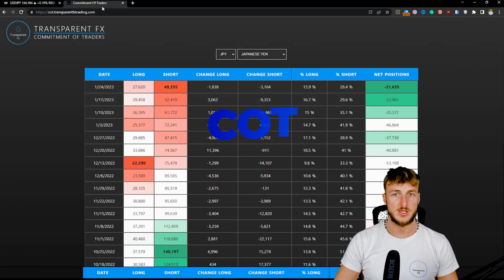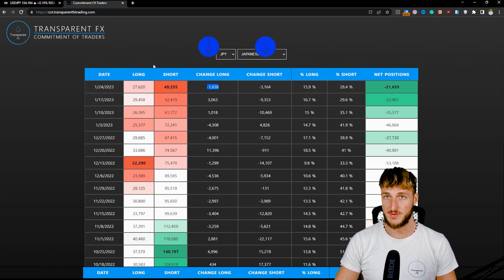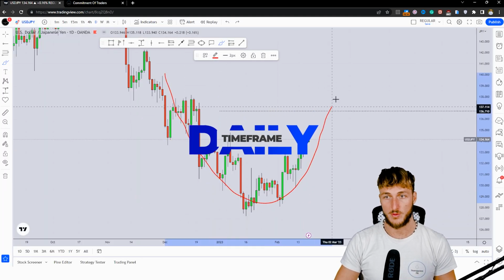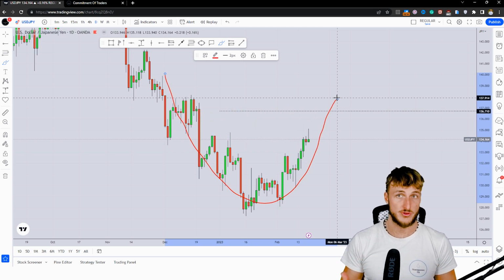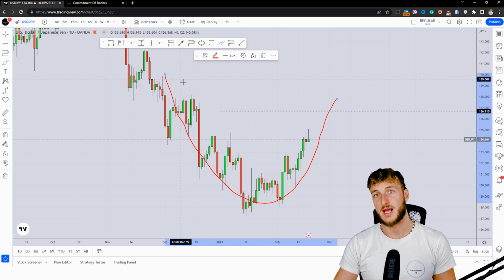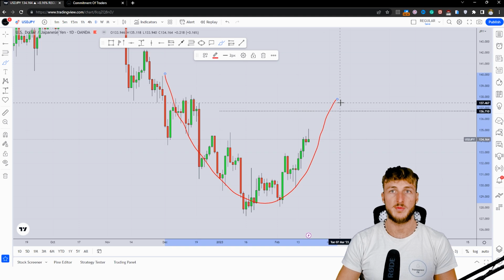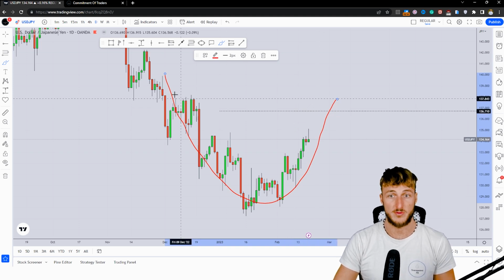Why do I say this? Because if we look here what had just happened, we haven't seen any longs added with the last report. We actually see 1.8k longs getting closed. And since we're missing the new reports because they haven't been released yet, what we could expect is more longs getting closed, meaning that overall the JPY is actually starting to shift from a bearish trend to a bullish trend in the sense of the strength. So is shifting from becoming stronger to now becoming weaker, meaning that USD JPY is shifting from being weaker to